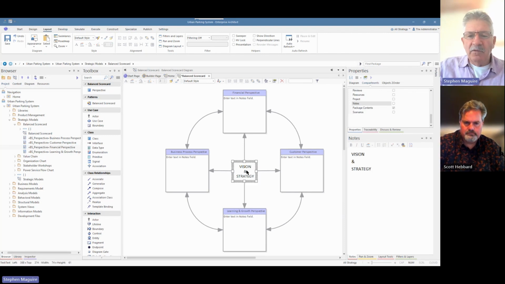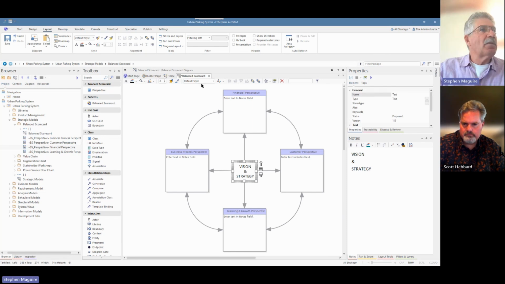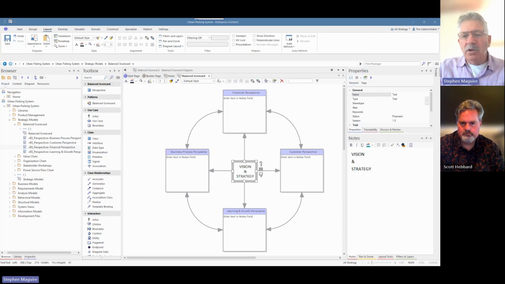In the middle, we have this vision and strategy. What we can do here is put some notes into it and talk about what that vision and strategy is about. I'm going to leave that for the moment and we'll come back to that in a bit. But what I want to do is